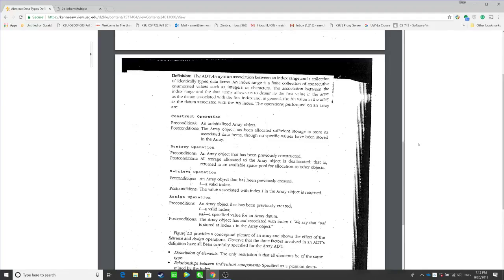Okay, 2 different parts. First is the definition. The ADT array. Here is an association between an